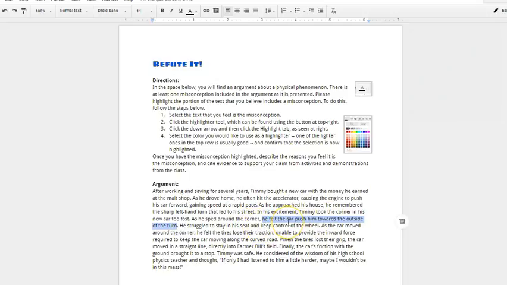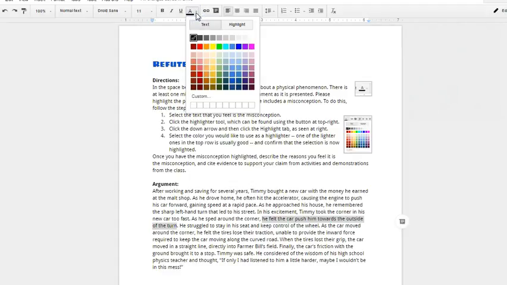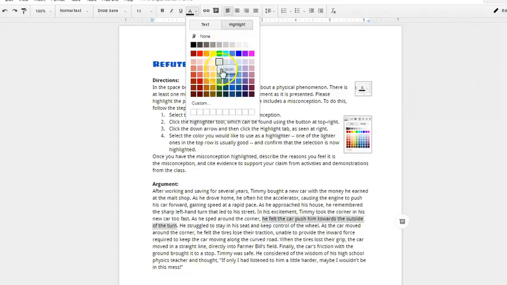When you turn a corner, nothing pushes you towards the outside of your turn. That's just inertia, right? So I'm going to go ahead and highlight that by going up and clicking this text color tool right here. Normally I stick with this text color, and I like to color my text different colors, but in this case I want to switch over to the highlight tab